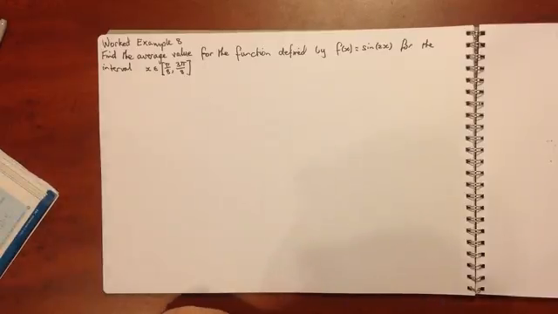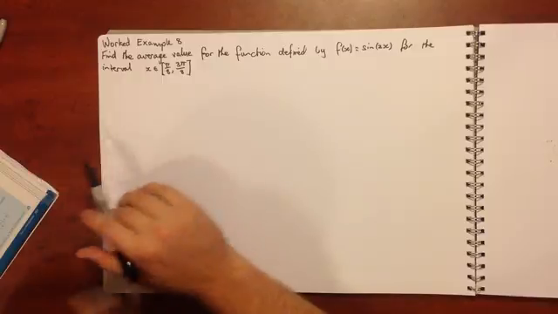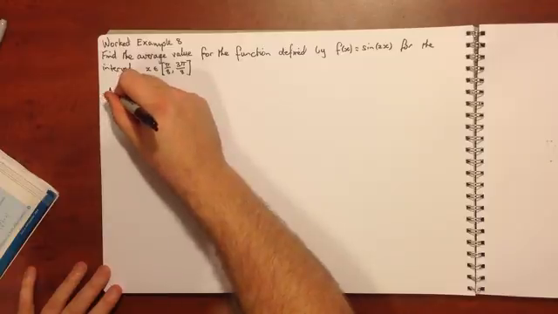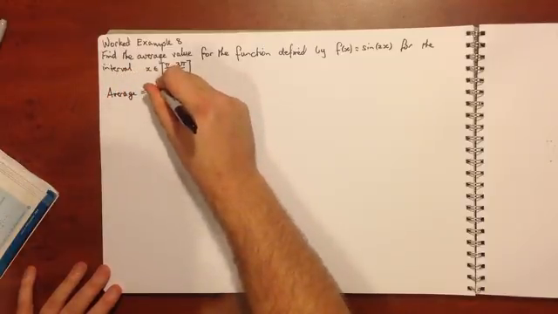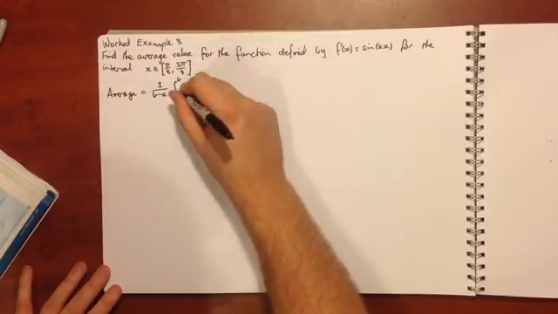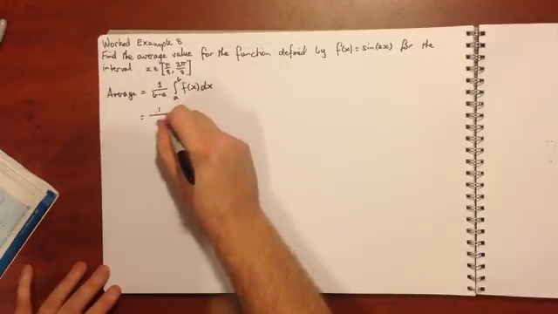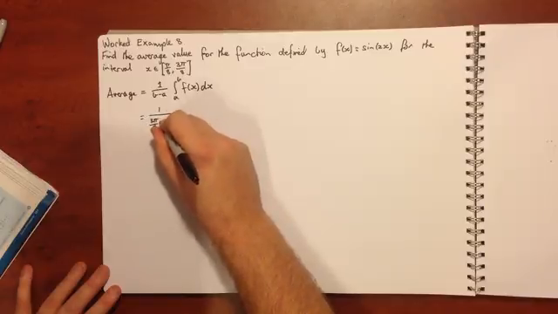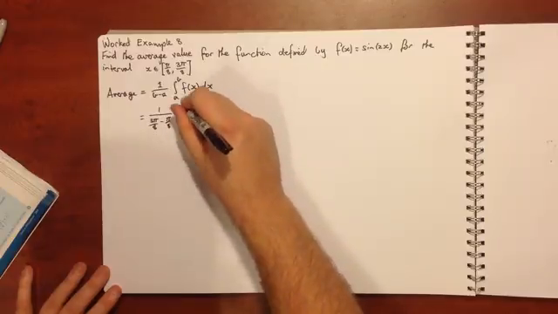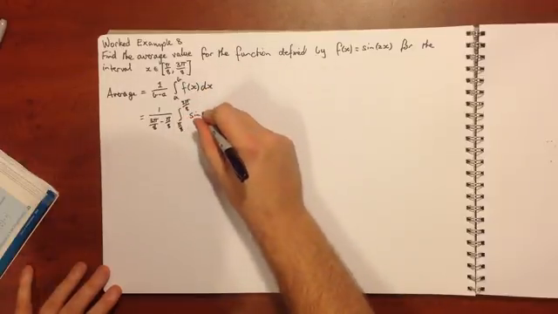So we want to find the average value for the function defined by f of x equals sine of 2x for the interval of x is an element of pi on 8 to 3 pi on 8. So what we need to do is our average is equal to 1 on b minus a, integral of a to b of our f of x dx. That's a rule that we've got to use. So that's equal to 1 over 3 pi on 8 minus pi on 8, from pi on 8 to 3 pi on 8, and our function is sine of 2x